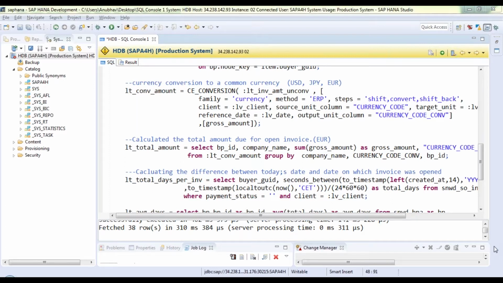So once all your transaction is completed, you will do a commit, and whenever you are updating the data, you have to put your procedure not as read only. What happens behind the scenes whenever you try to update some data, with your update statement or insert statement, is that your HANA database automatically locks the table for any further update at that point of time, and until you do a commit or rollback, that lock is not released. So you should manage your transaction handling using commit and rollback yourself.